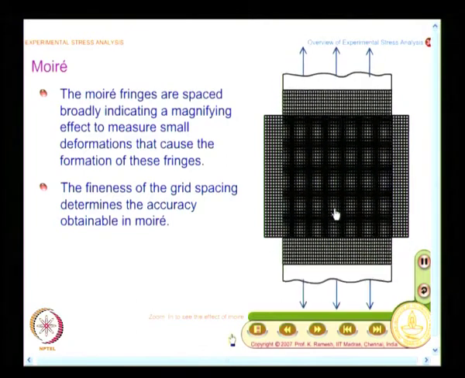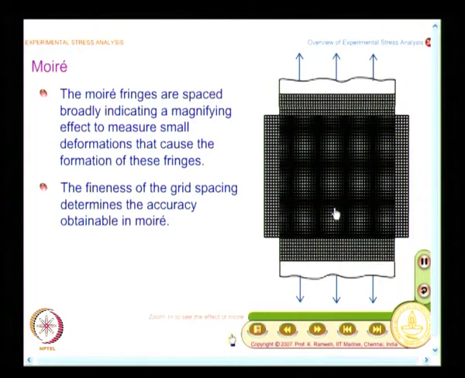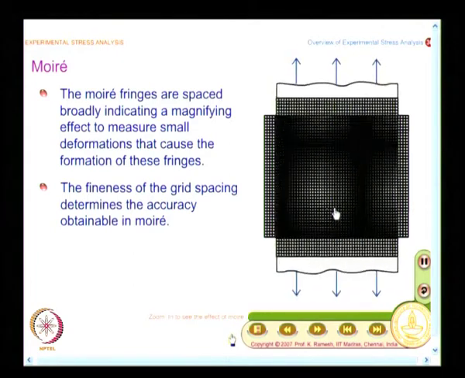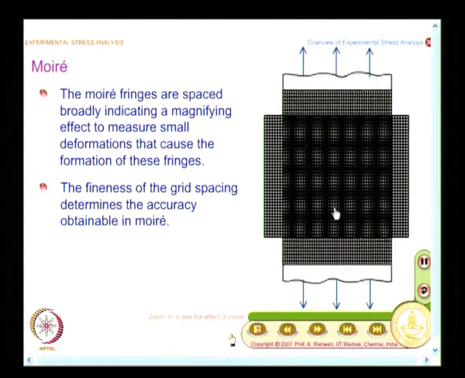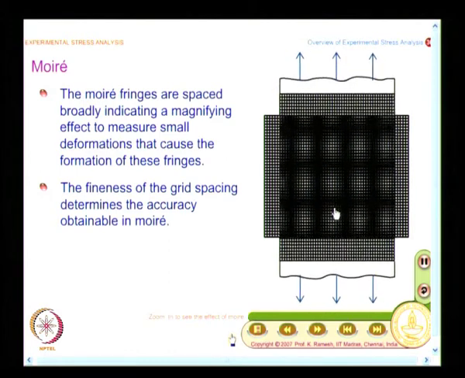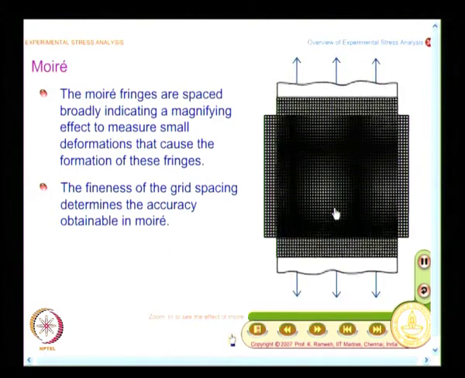You should not confuse these horizontal and vertical fringes with the grating lines. We have seen in the problem of a disc, the fringes could be curved. You could get curved fringes, but you interpret whether these fringes belong to u displacement or v displacement by looking at what was the master grating direction. If the master grating direction is horizontal, then you get displacement in the vertical direction.